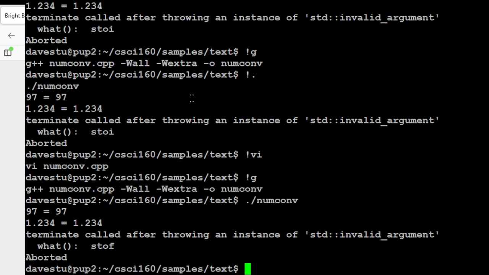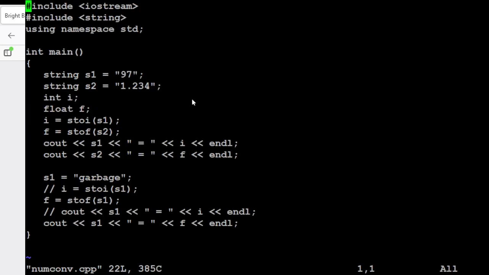Okay. So the next technique that we look at, we'll play with this a little bit more. So we can go through and come up with conversions from strings to ints and floats, although we had better do our error checking that we're actually not passing garbage apparently. And now let's try a similar sort of idea,